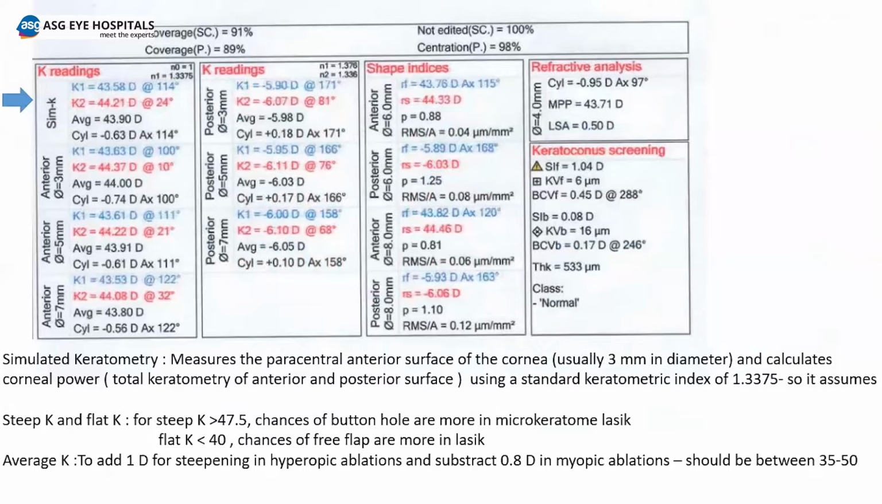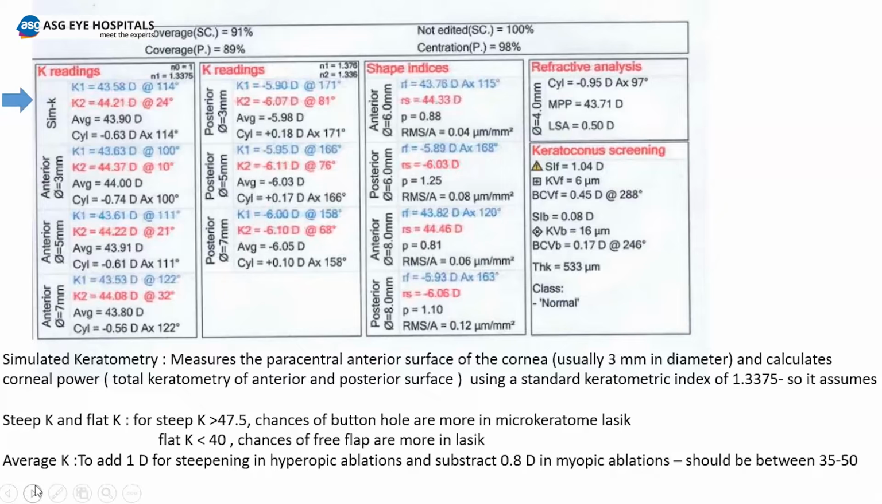So now we come to the simulated keratometry, which is a complete keratometry of the anterior and the posterior surface of the central 3 mm cornea, and it assumes the ratio between the anterior and the posterior curvature. So simulated keratometry is simulated because it assumes. Below that, there is an average simulated keratometry, which is important, especially in refractive surgery, when we need to see how much the cornea is going to be finally